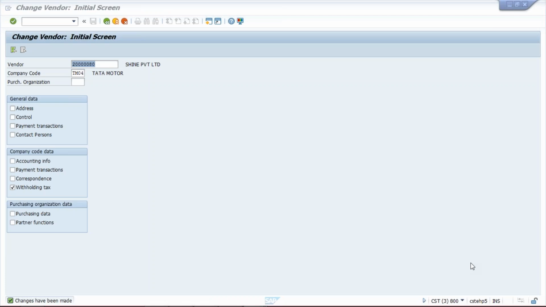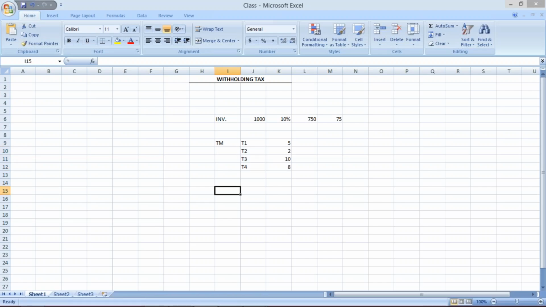Yes, of course, you can create separate GLs for different TDS. It depends upon the client how many GLs they want. If they want separate GLs, let's suppose they are going to deduct two different kinds of TDS. For rent, that will come under a different section code, whereas professional services are coming under a different section code.